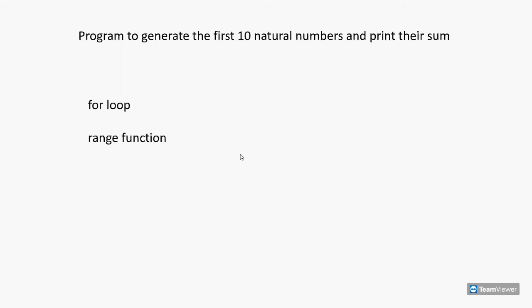Next we'll be using the range function. The range function is used to generate a list of numbers according to the lower limit, upper limit and step value arguments that we provide to the function. The next thing we use is the print function. The print function is used to display the output when we are in the script mode, and we can modify the separator and end values that are taken by Python as default.